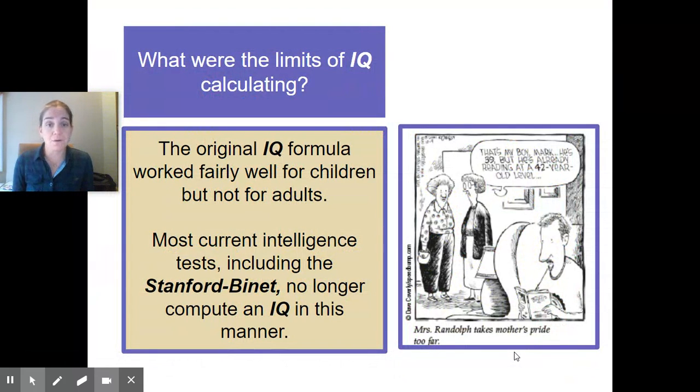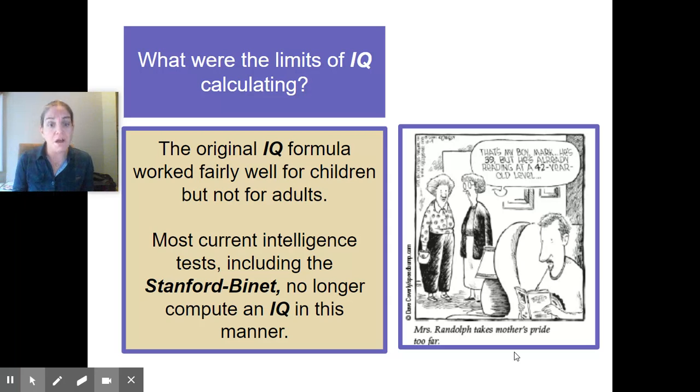Okay, so as you can imagine, it doesn't take a math magician to figure out that there were going to be limits to this kind of calculation. It works really well for children, but not for adults, right? Let's just say I'm 30. Is it that when I'm 30 I'm going to score like a 45-year-old? No. At some point your IQ is actually going to decrease, because it's not like it appreciates as the